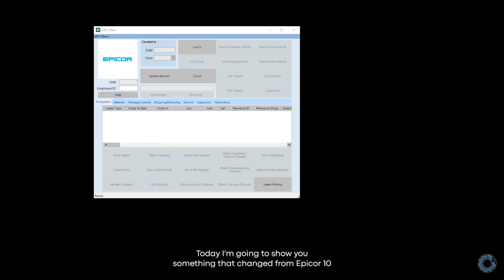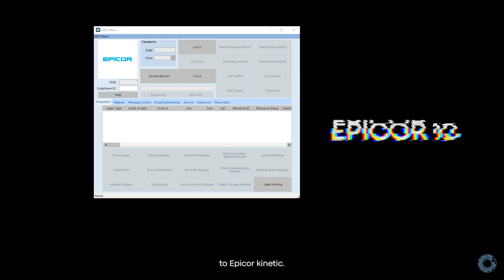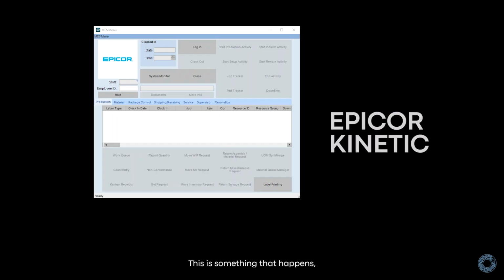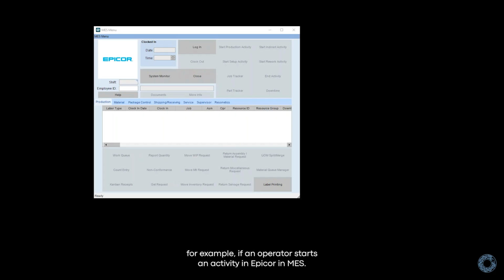Hello. Today I'm going to show you something that changed from Epicor 10 to Epicor Kinetic. This is something that happens, for example, if an operator starts an activity in Epicor, in MES. So the activity starts and they forget to log out correctly. That activity is going to remain open, tied to an operation, a job, and nobody else will be able to